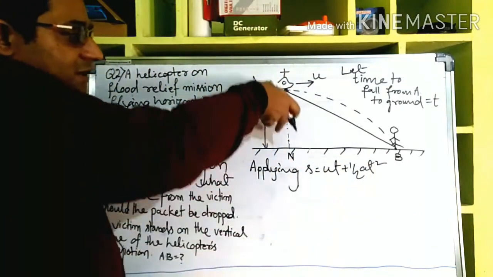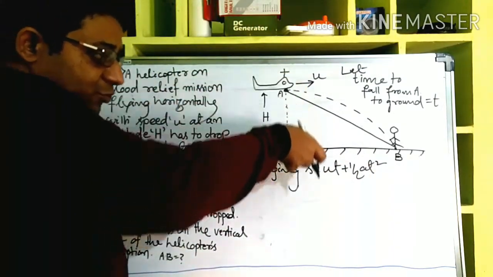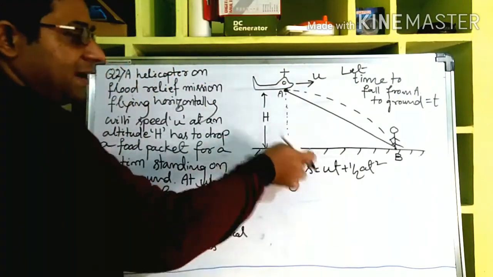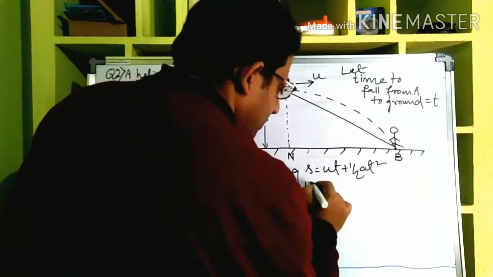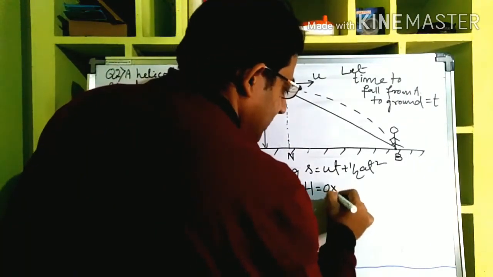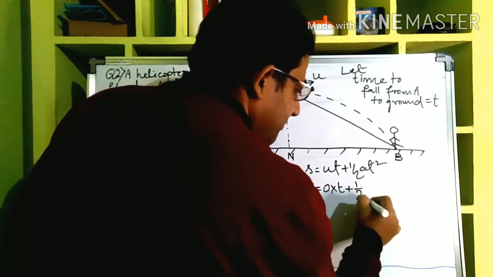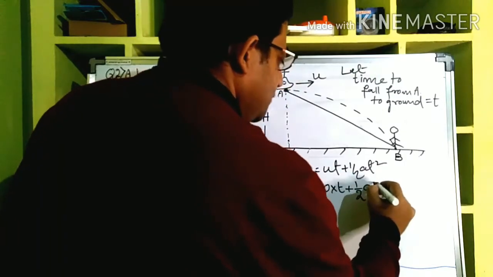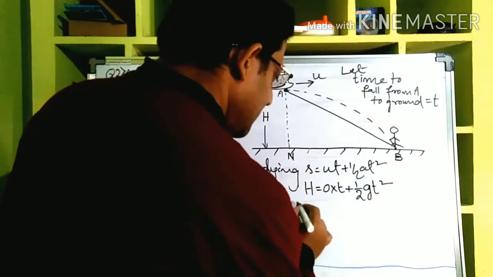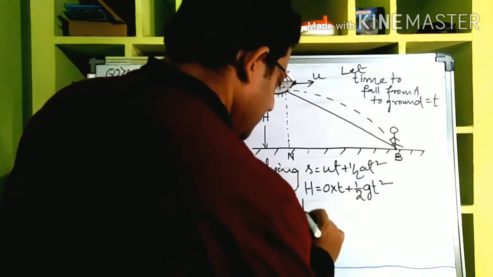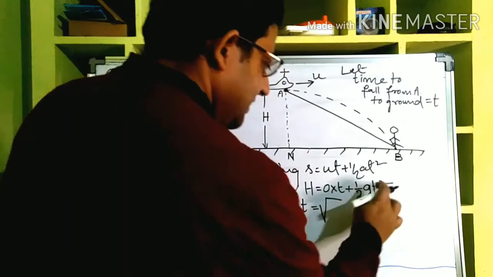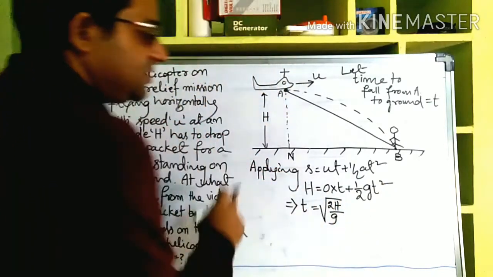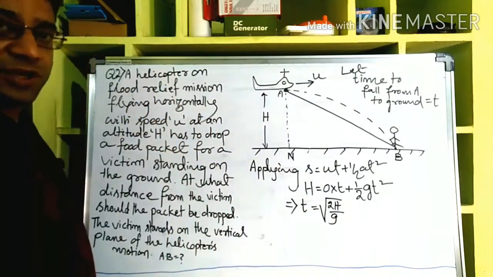This we are going to apply here. Now vertical motion from A, it is falling. This is vertical motion we are considering. Since it is falling, u is 0 and S is nothing but H, right? So we can write, H is equal to 0 multiplied by t plus half g t square, acceleration is g. Implies that this is 0 only. How much is t? t square is equal to 2H by g, and t is equal to root under 2H by g. This much time it will take to fall to the ground.